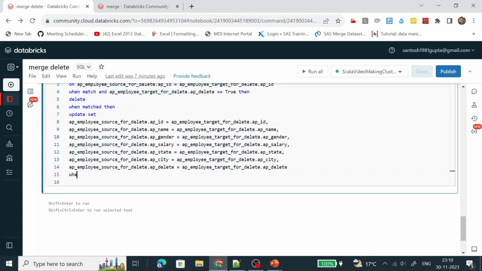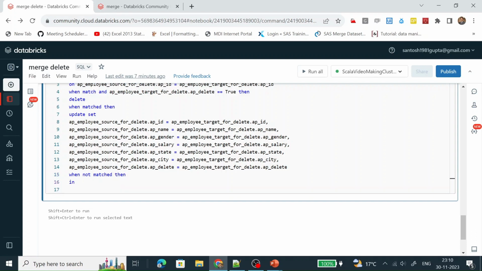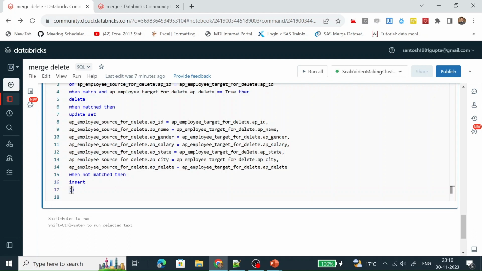When not matched, then insert. What are we going to insert?